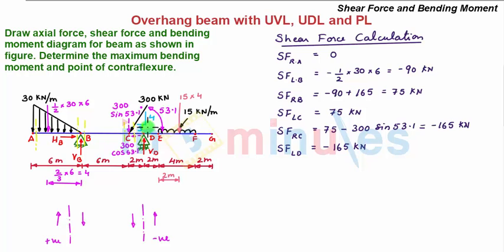Next we move this section towards right and take it towards right of D and very near to it. So shear force towards the right of D is equal to, we see that there is an addition of this upward vertical support reaction VD as we move from the previous section to this section, and the magnitude of VD is 225 kilonewton. So we have minus 165 plus 225 kilonewton equal to 60 kilonewton.